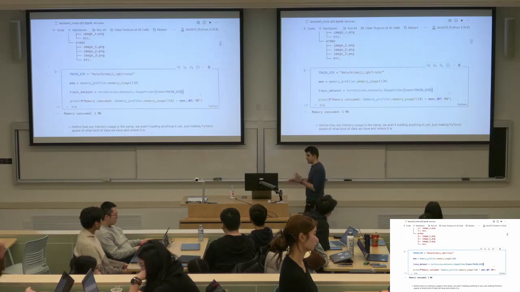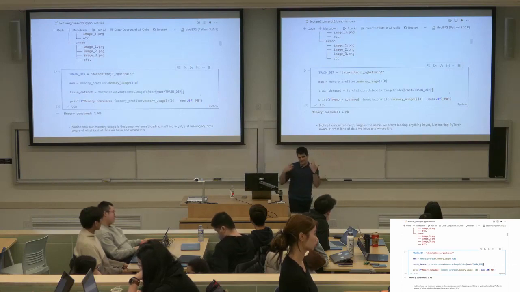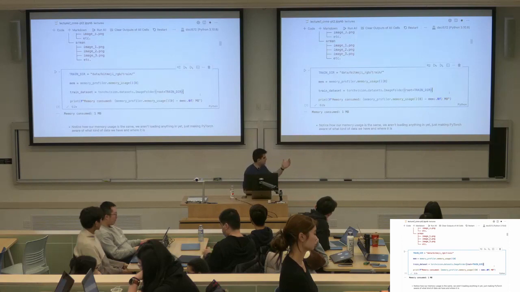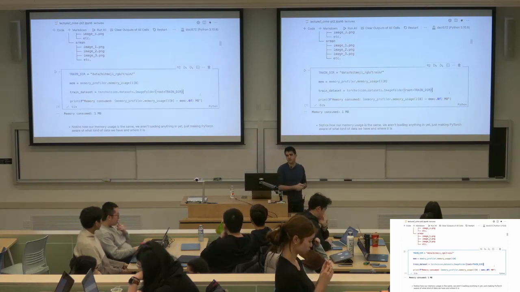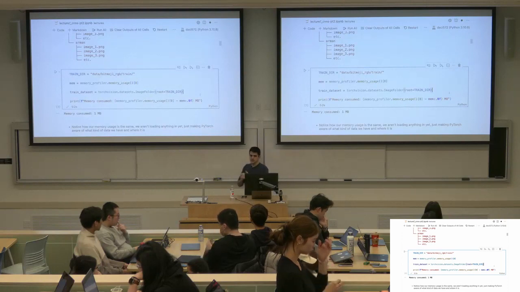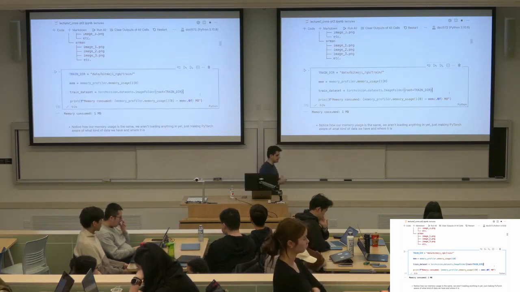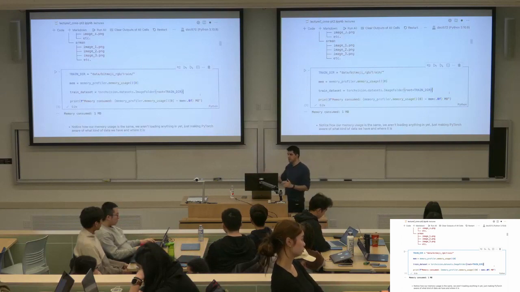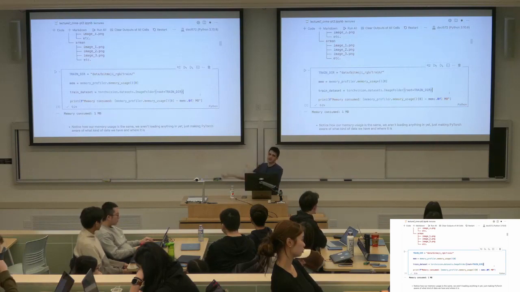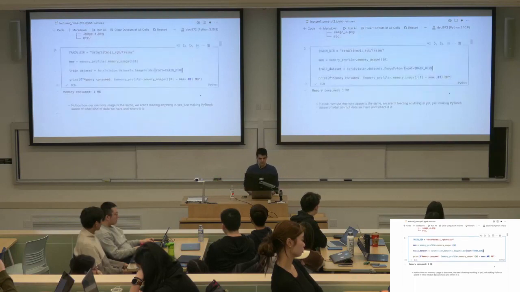It creates some data structures underneath, but it doesn't occupy the memory with the images. This is why, although we're creating the data set, you can see that the consumed memory is just 1 megabyte, and the data set is obviously larger than that. This is because this is just a generator object. It doesn't consume all of the memory. It just goes and grabs the pieces of data once we need them, it doesn't load the entire thing into memory and then start reading from it. Okay,